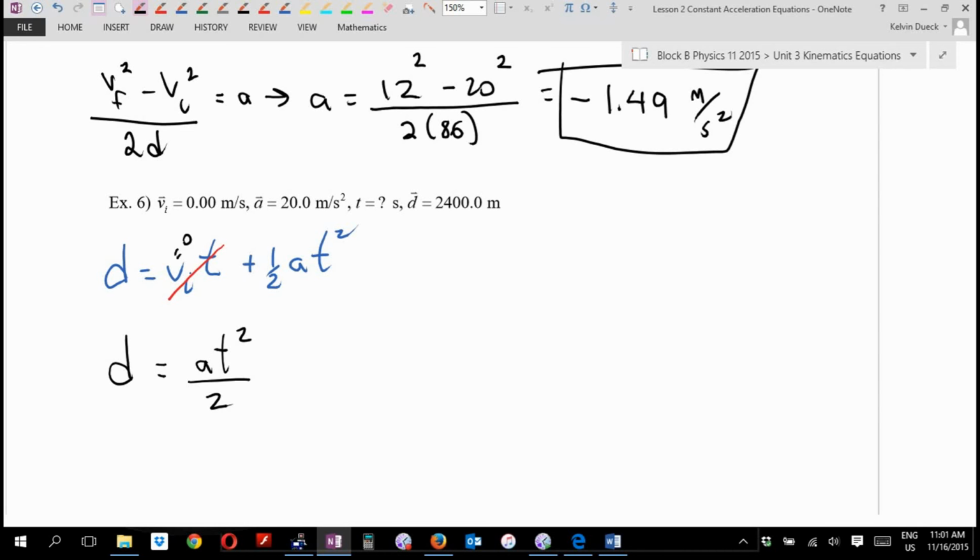Let's get the t by itself. See the a? What's the a doing to the t? How will I move it over then? What's the 2 doing to the t? This 2. How will I move it over? So the first thing I would say is this. The d stays where it is. Luke, you're telling me the 2 is going to times. The a is going to divide. And that's going to give me,